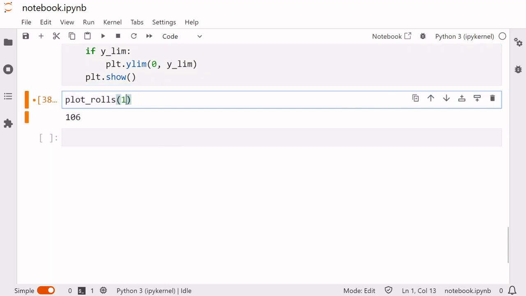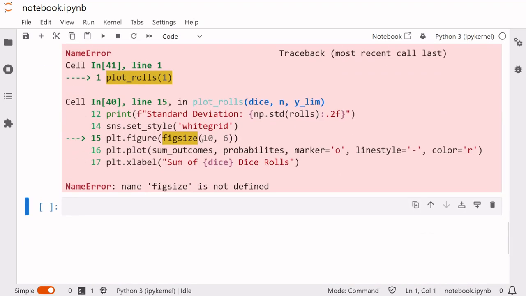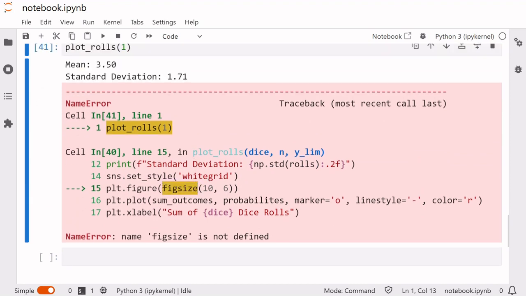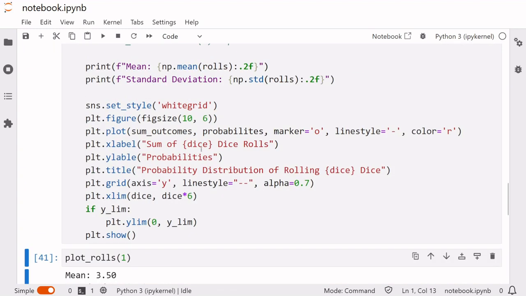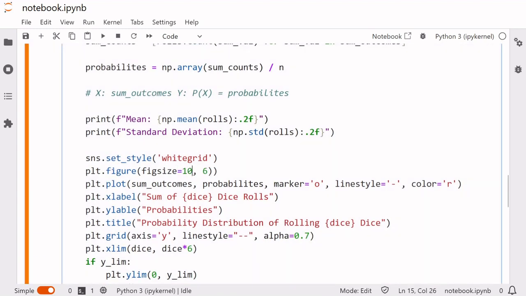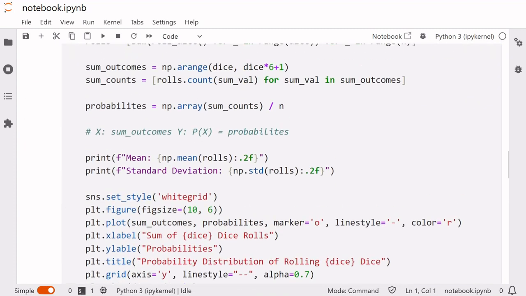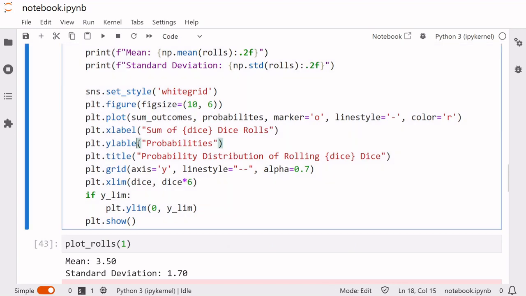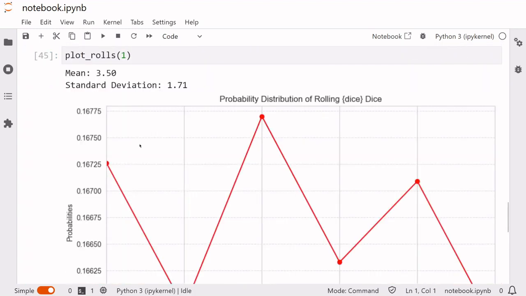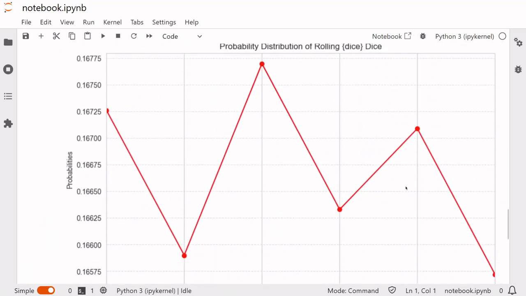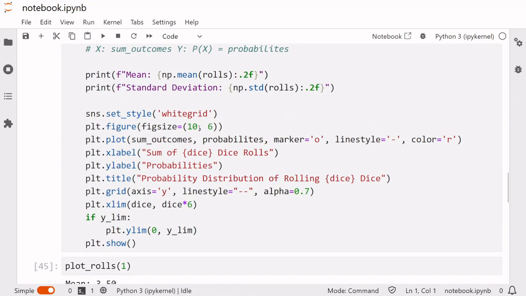So now if I plot the roll of one die, and we already have our first error, which I guess fixed size is not a function, right. That's why you need to use IntelliSense. It's y label, it's y label. There we go. So we have our funky little graph we got from earlier, and I guess 10 to the 6 is